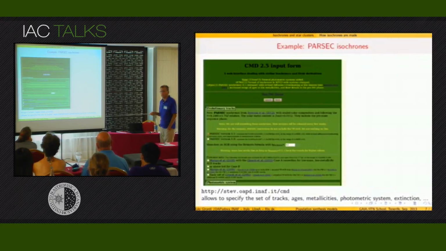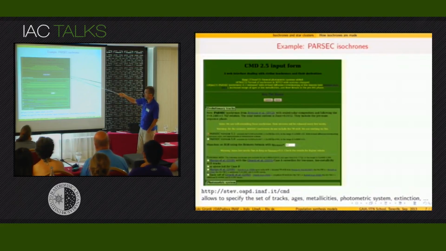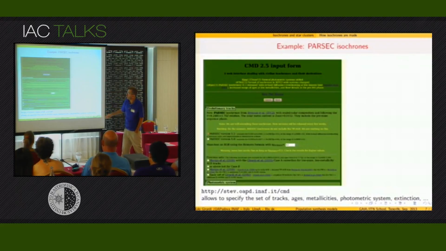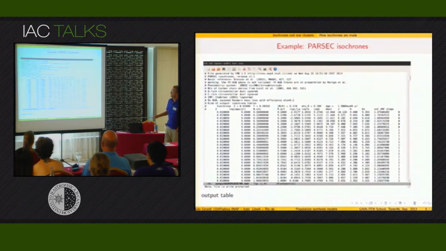We have also a few web servers in which you can go there and look for an isochron. That's an example from the PARSEC isochrons. I work with that, so that's my preferred example. You go there, you just select the evolutionary tracks you want, the interval of ages, the photometric system, click, and then you have, as a result, tables of isochrons for a given age, or for many ages, or for many